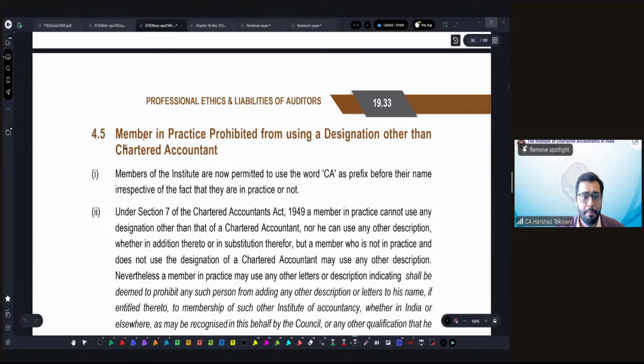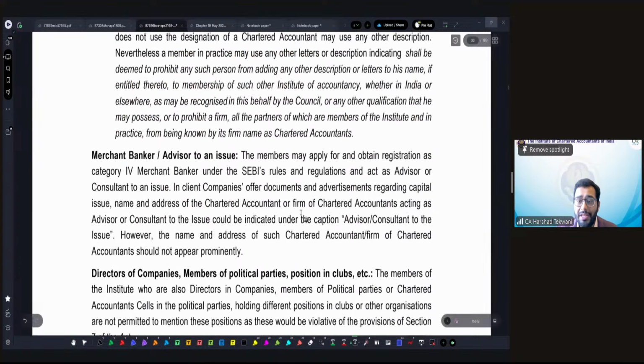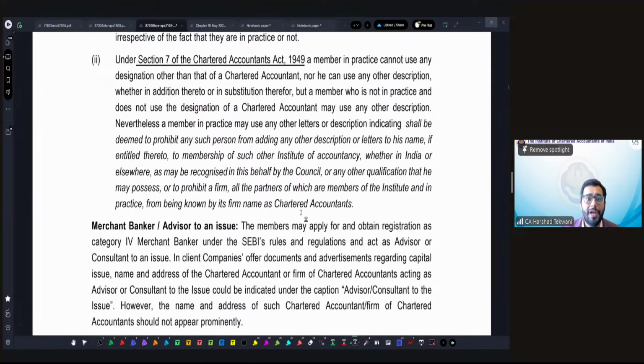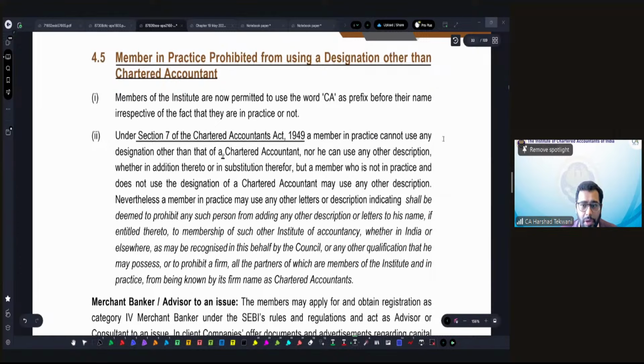So this is: member in practice prohibited from using designation other than chartered accountant, and this is governed by Section 7 of the Act. Similarly, what we are seeing in clause 7, so clause 7, Section 7, you can easily remember that. Now what does it say? It says that you cannot use any other designation other than chartered accountant or any other description, in addition or in substitution, if you are a member in